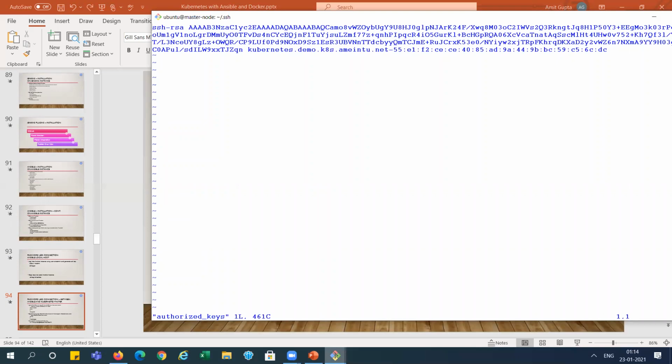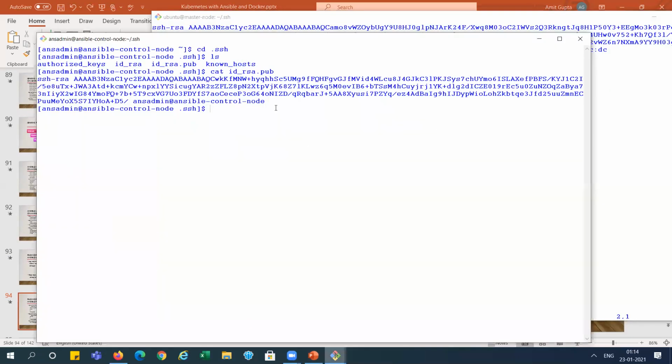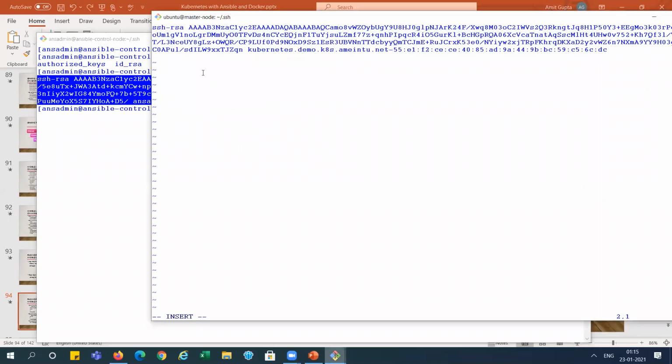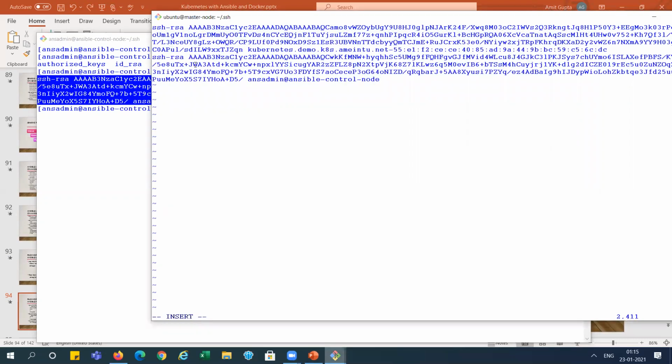We need to copy the public key from the Ansible server. We have already run this command cat, right? So copy this key from here to here directly, right? Now I'm saving it.